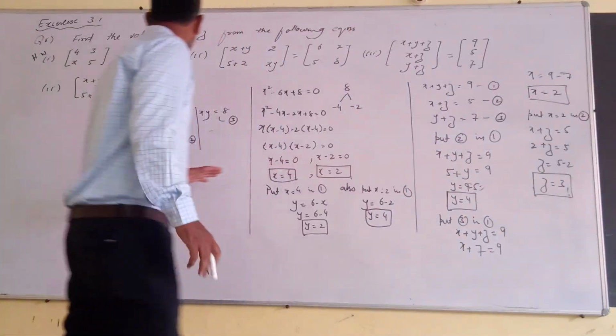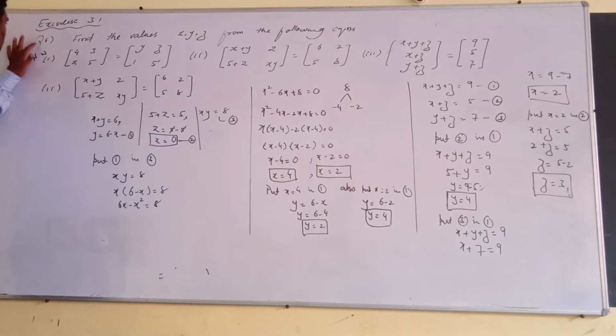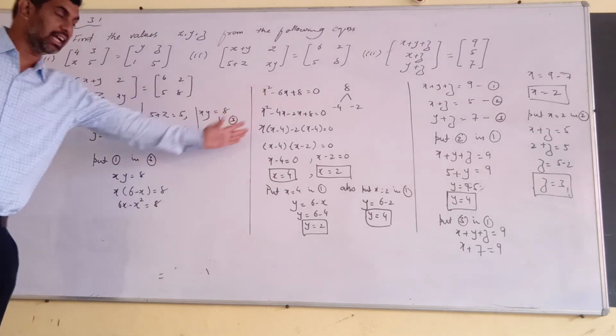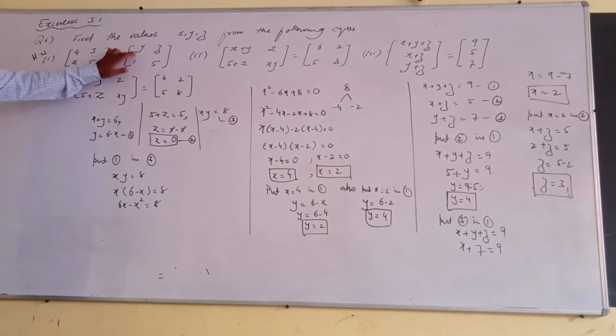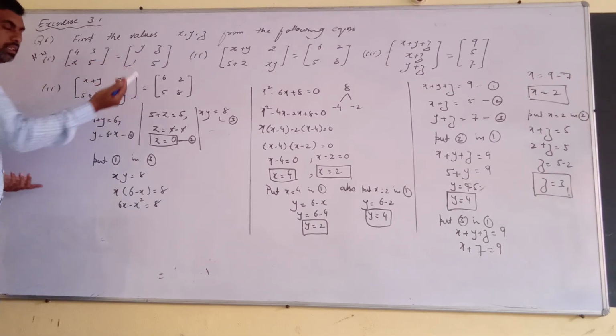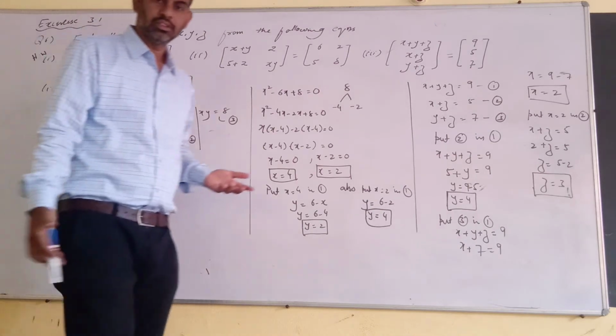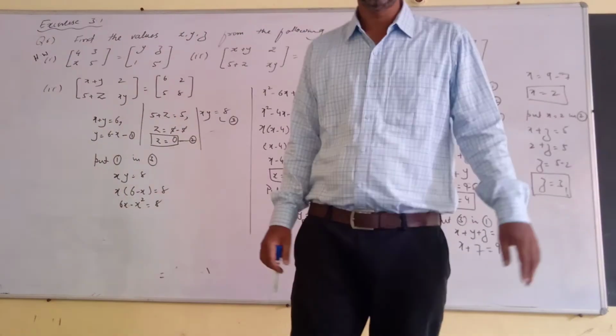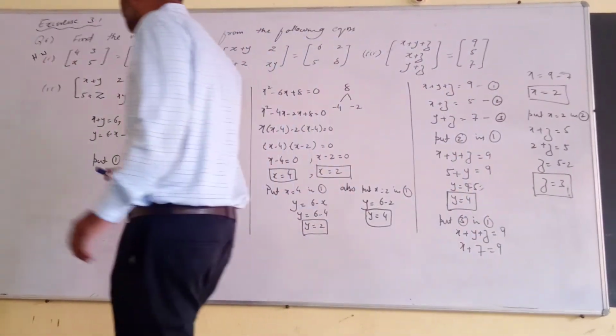So these are the examples of question number 6. The first one is in homework, very simple. You will get the answer. No need of simplification like this for the first one. x is equal to 1, y is equal to 4, z is equal to 3. That's it. Very simple. Now, we will move to the next question.